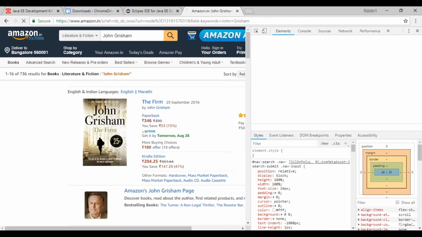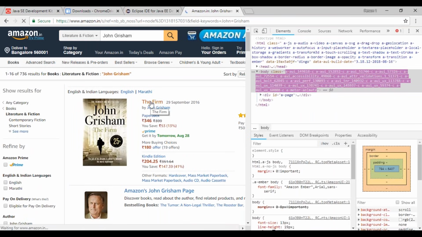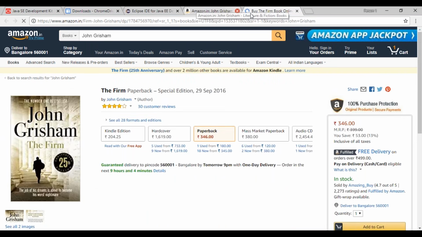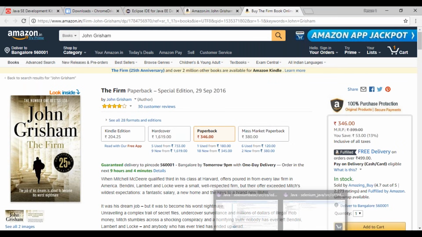So here I'm just going to perform one action, which is identify the book firm and then click on the book firm. So I'm going to show you the next action as well. I'm identifying the book firm and clicking on the firm book. A new tab has been opened now. I need to shift the control to the new tab to access the web elements of this new tab. So I want to add this book to the cart. So I need to shift the control from the old tab to the new tab and then click on add to cart. So we are doing three actions now. We're going to choose the book, the firm, shift the control to the new tab and choose add to cart. Okay. So let's get back to this.